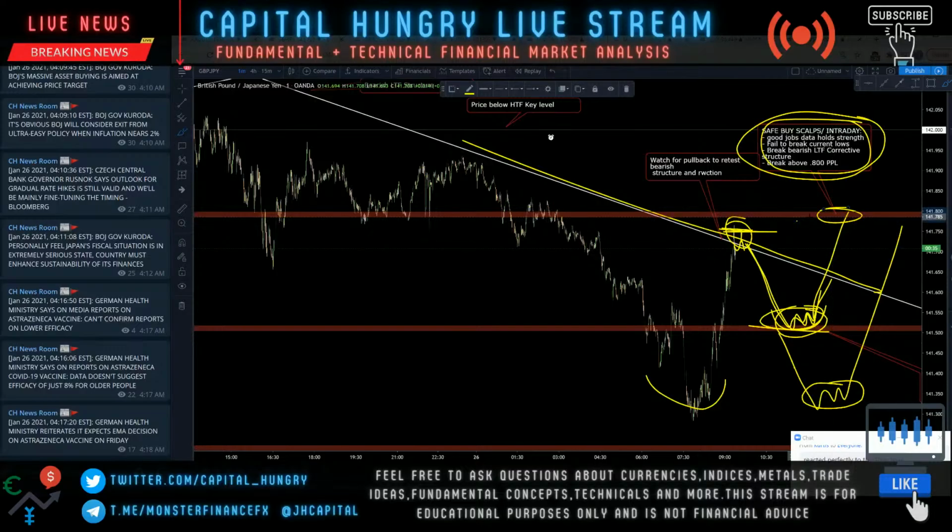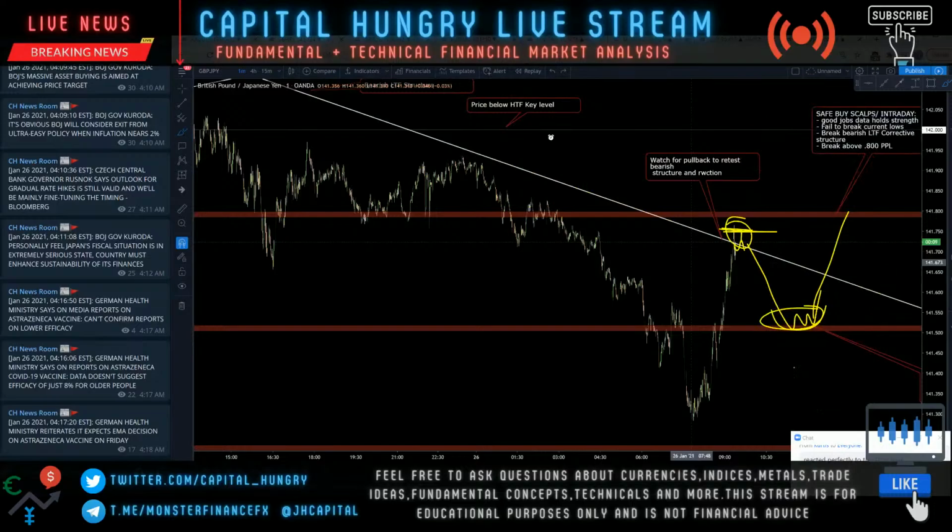So as a trader, don't forget to keep in mind the market timing. Is it the start of a new day? Are we coming towards the end of a month, end of a quarterly period, a start of a new month? And don't forget to check your higher time frame analysis to make sure that your bias is still valid as you start to scale down the time frames, right? But yeah, right now in GJ, we're just reacting at this lower time frame bearish market structure.